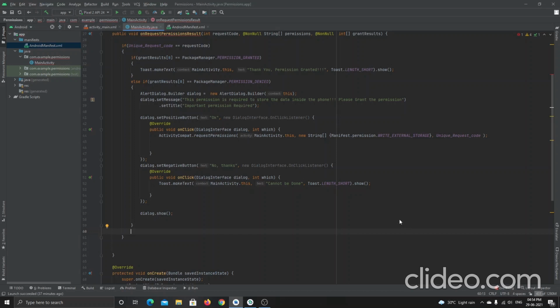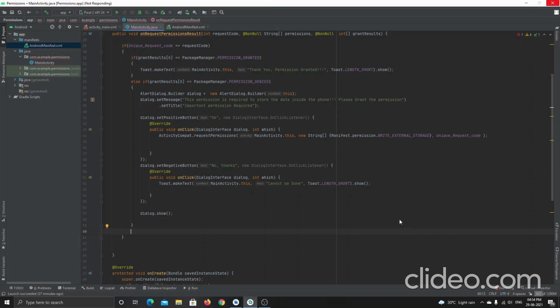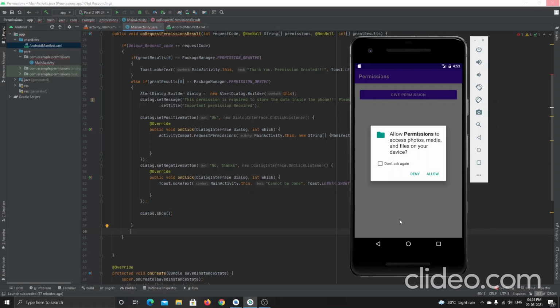It's not loading. See, if the person clicks on this allow button, then it goes inside this permission granted if condition. If the user denies this permission, then the program goes inside this else if condition. This condition fails. And if the user puts on this condition, like don't ask again, then where should it go?